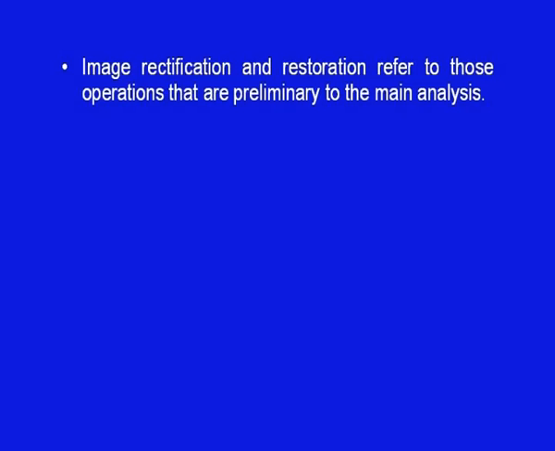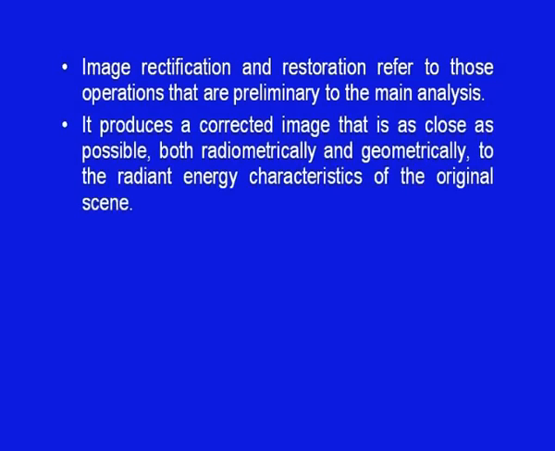In the last session, I discussed the first process in digital image processing, that was statistical examination of the remote sensing data. Having performed this, the next step in digital image processing is rectification and restoration. Image rectification and restoration refers to those operations which are preliminary to the main analysis. It produces a corrected image that is as close as possible both radiometrically and geometrically to the radiant energy characteristics